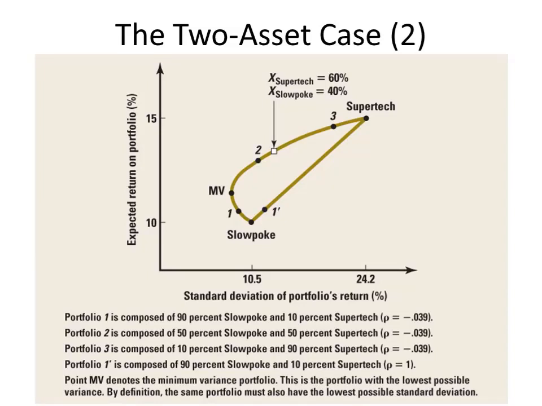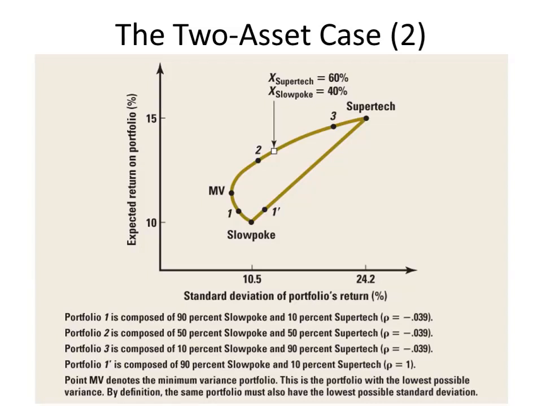Knowing that MV is the minimum variance portfolio, would you be willing to invest in portfolio 1? The answer should be no, and here's why. It has greater risk than the minimum variance portfolio, but it has lower return. And we know that in an efficient market with sane, rational actors, people aren't going to invest in a portfolio